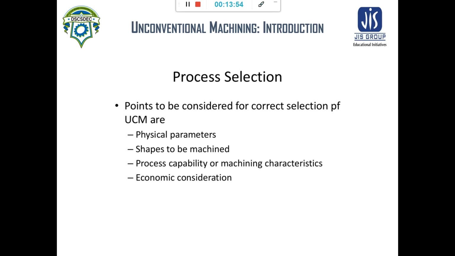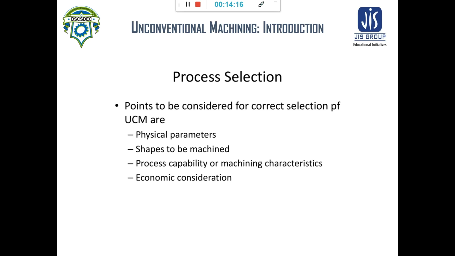Next, the shape to be machined should be known to us. And process capability, machining characteristics and economic consideration, these are the things that we should know for selection of the